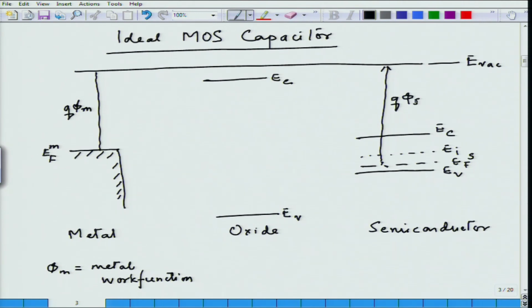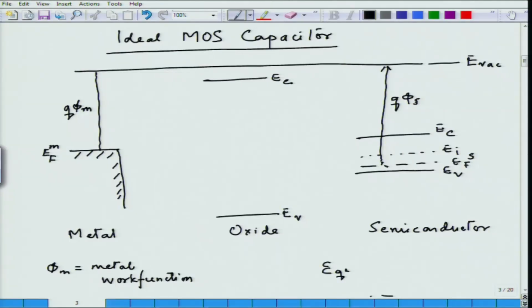So, now if we try to bring these three components together, metal, oxide and semiconductor, we need to see how they will align with each other. This is something similar to what we did in the diodes. So, we first look at the equilibrium structure, and then we see if we apply a bias to that device, what will happen and what kind of activities will happen inside the device. Interestingly, in the p-n junction, when you apply a bias, a current is flowing, and hence we have to have a dynamic type of